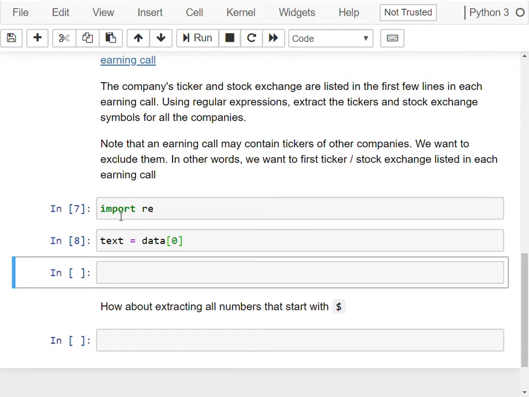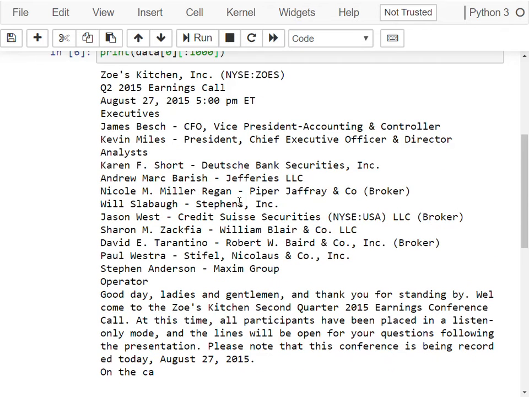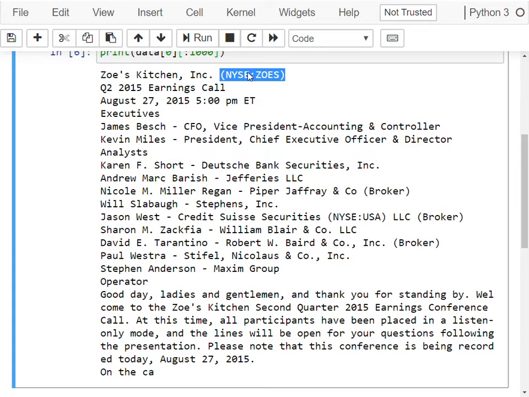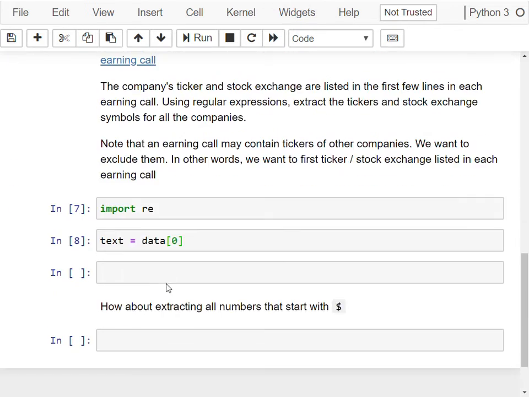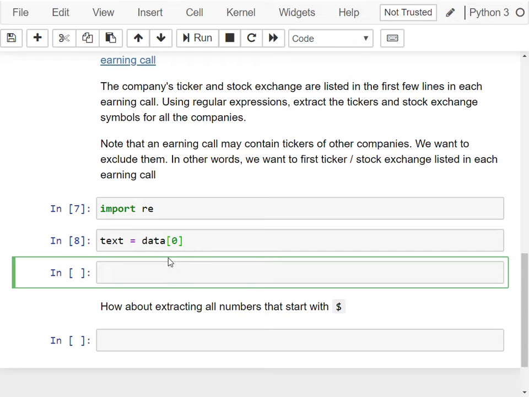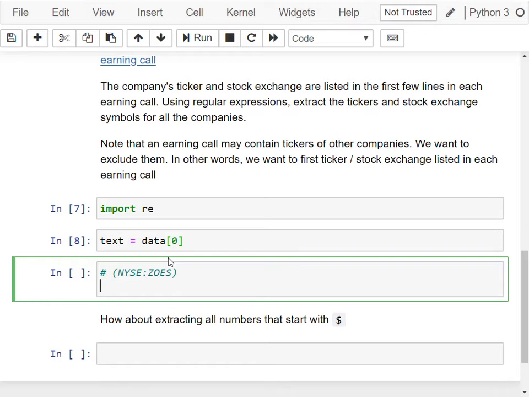The next step is to try to figure out the syntax of that regular expression. Let's take a look at this earning call here. You can see that the stock market symbol and the ticker are listed in parentheses: a sequence of characters, colon, a sequence of characters. So I'm going to start with these visual cues here. Let's call this stock ticker,